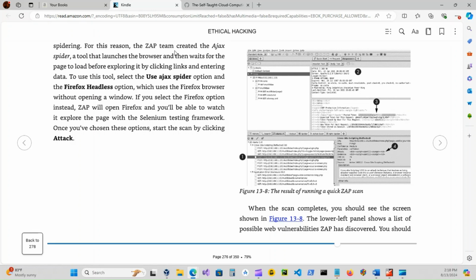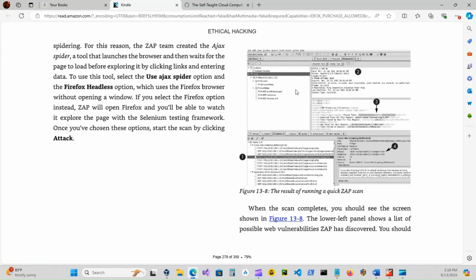For this reason, the Zap team created the Ajax spider. It is also used in the quick Zap scan, a tool that launches the browser and then waits for the page to load before exploring it by clicking links and entering data. To use this tool, select the Use Ajax Spider option. Okay,